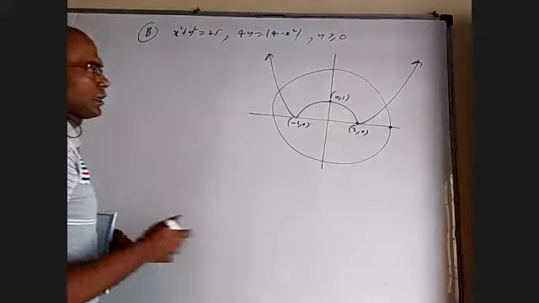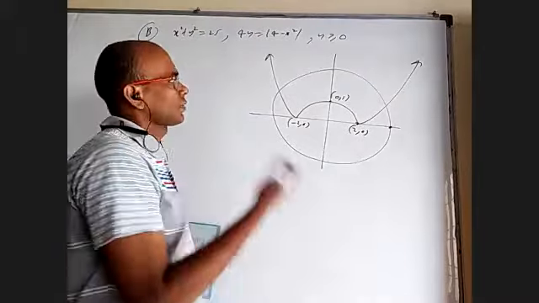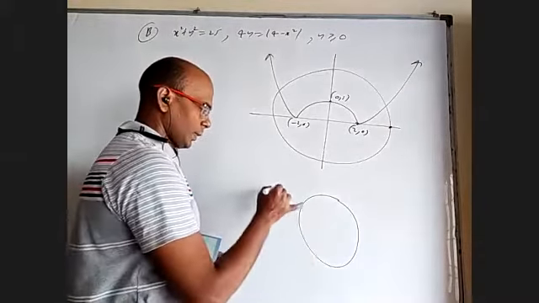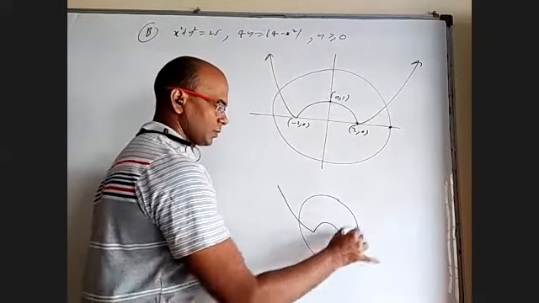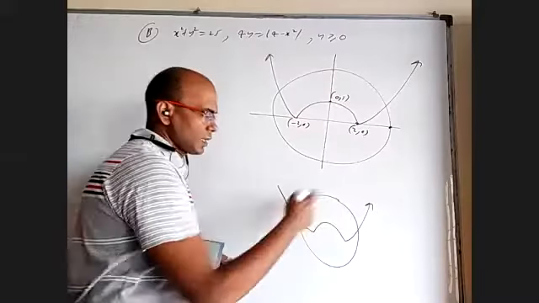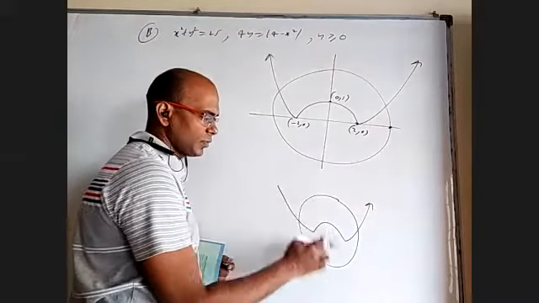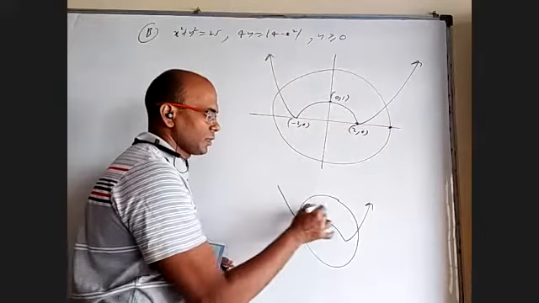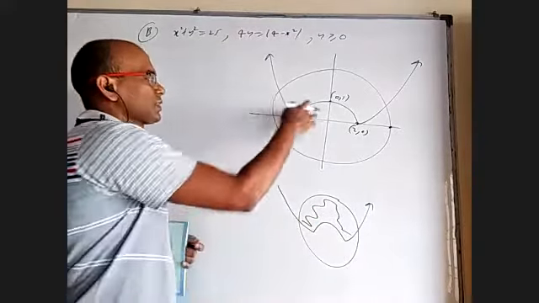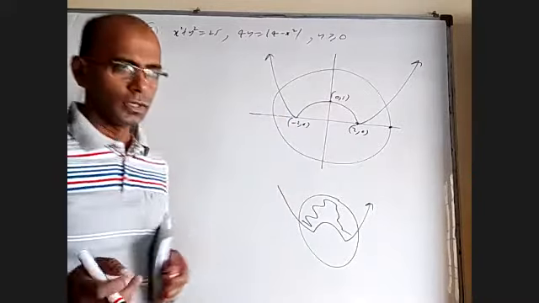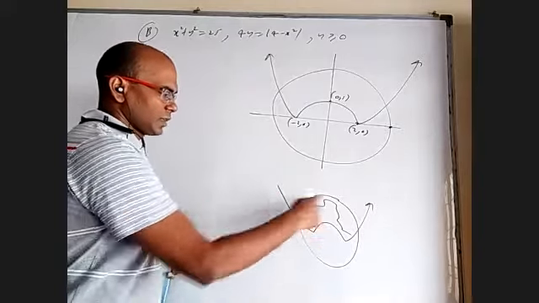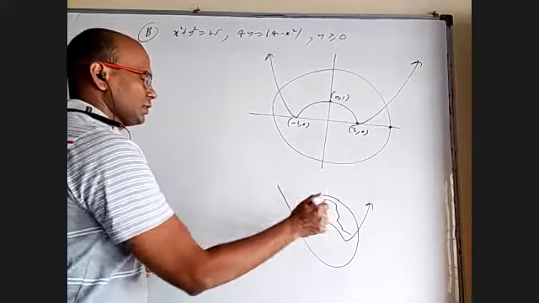So they want the area bounded. Let us not draw the x-axis or y-axis to avoid confusion. I will draw the circle and this curve, and the y coordinate should be positive. Actually, the circle and this parabola bound one region here, one region here. Y coordinate is positive means they want this area. So it's quite clear. If you draw the x-axis and y-axis, you will think this or this or this or this, so many things. But if we remove the x-axis and y-axis and say area bounded by this curve and this, and the y coordinate should be positive, it is this whole thing.